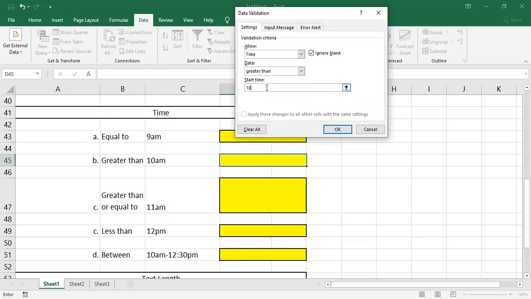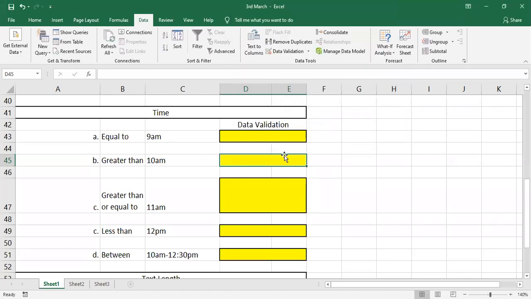Then you have to give hours, minutes, seconds. Okay. Now click on okay. Now if I give 10:00:00, it won't accept because I have given there greater than 10 o'clock. If it is 10 o'clock 1 second also it accepts, but if it is exact 10, it won't accept.